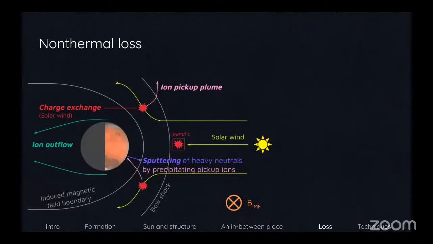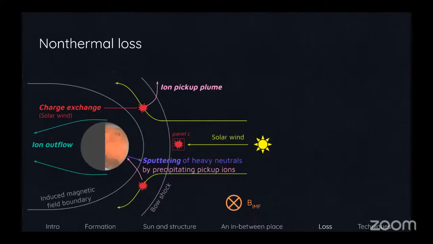The next category is non-thermal escape, and there are so many processes in here. You don't have to memorize them or anything. I'm just going to give you a flavor. This is a cartoon I made for my dissertation showing all the different ways that stuff can be removed from an atmosphere, in this case Mars, because it was on Mars, through interactions with mainly the solar wind, which is, of course, a nice sort of jet of charged particles coming at the planets. So these charged particles, if they're moving, they'll create magnetic fields. They'll interact with the planetary magnetic fields and start to remove stuff to space.